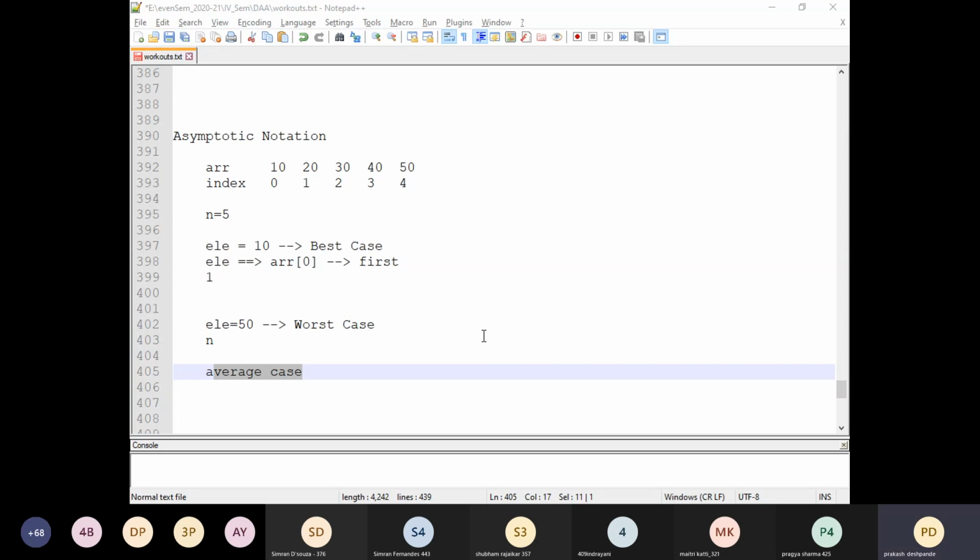Let me open that particular PDF and I will show you this one. The average case formula for this linear search will come in this way. Can anyone explain to me why I wrote these particular terms? Have you at least looked into the PDF, the notes I have given? The average case was calculated in this way. Can anyone tell me how I arrived at this particular step from the previous step?